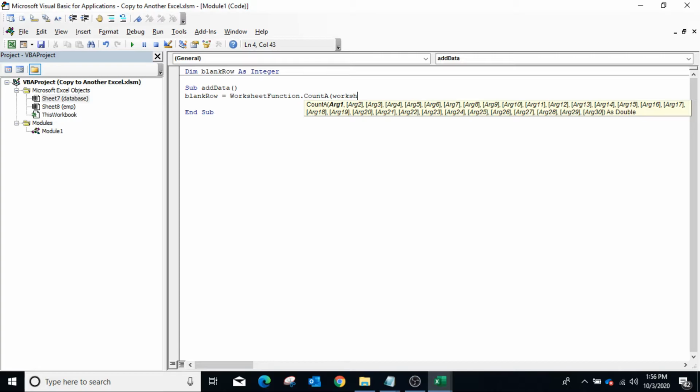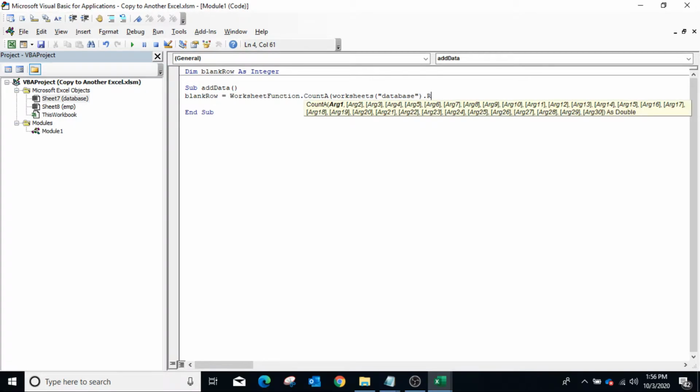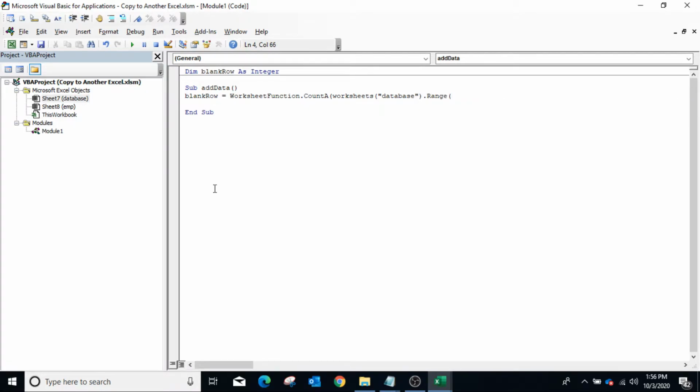Now we'll specify the range. So worksheets database dot range A colon A plus 1. Now to move the data we will use object hierarchy. So type worksheets